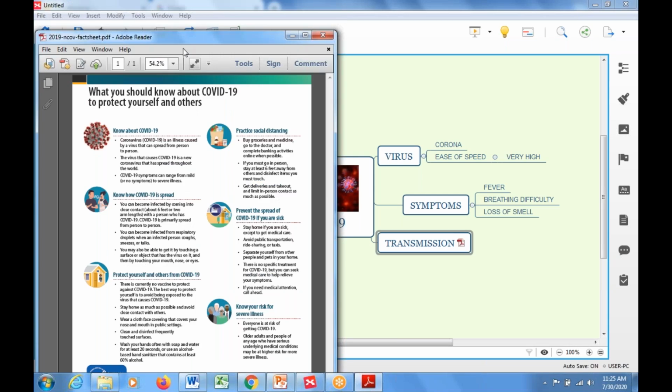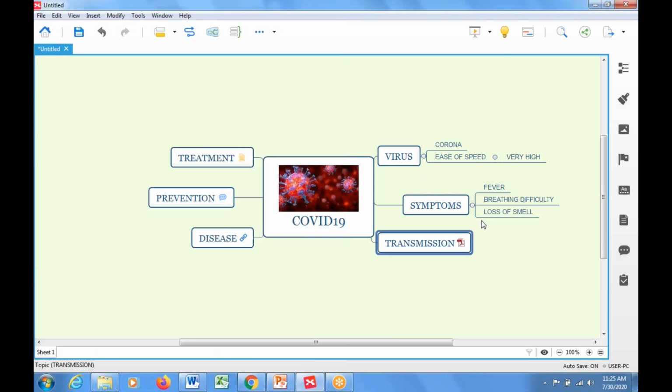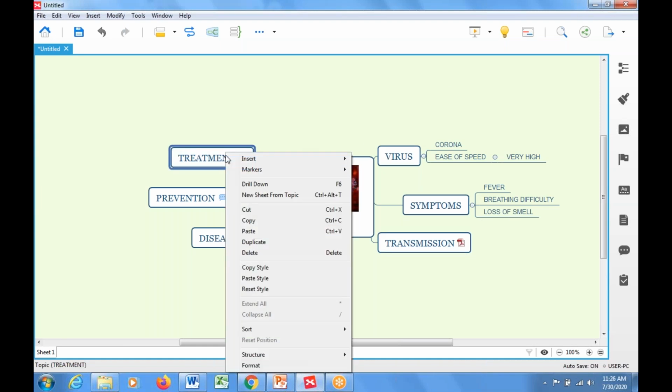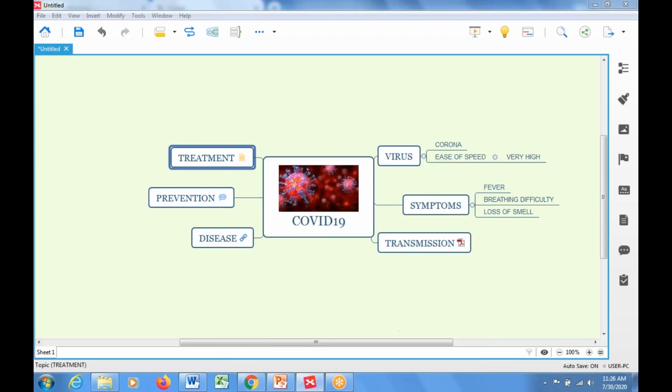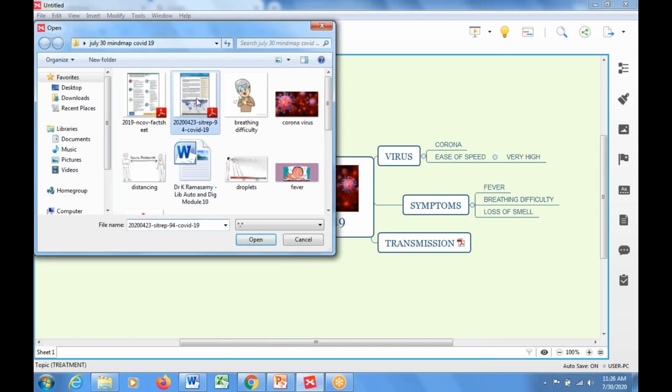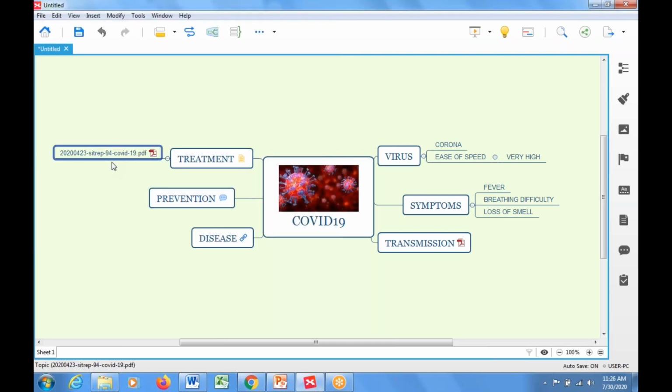Or sometimes if you feel that you want to give this mind map to somebody else, in that case, what you can do, instead of linking it, you can attach a particular file to a part and parcel of this mind map. Even attaching is very much possible. For example, I click on treatment, right click, insert, I go to attachment. See, I just select any one file, I say open. You see now a file is attached.